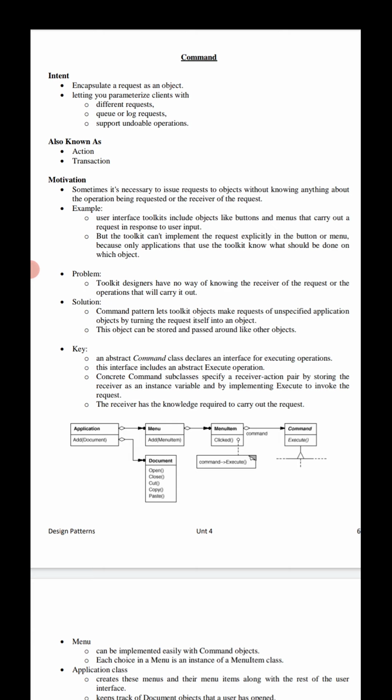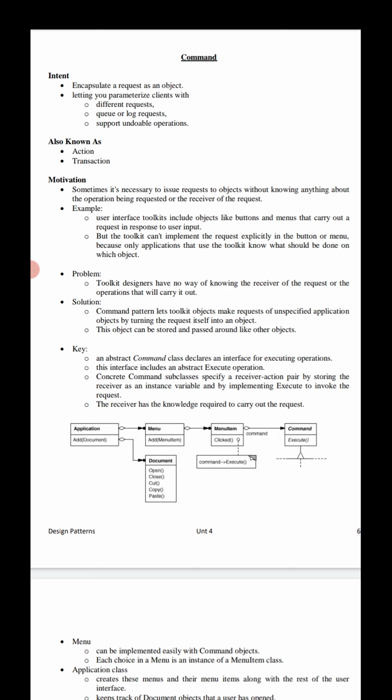Listen carefully. Sometimes it is very necessary to issue a particular request to objects without knowing the operation being requested or the receiver of the request.